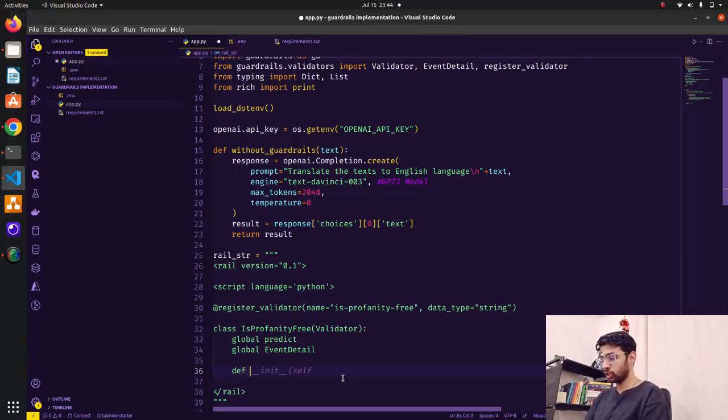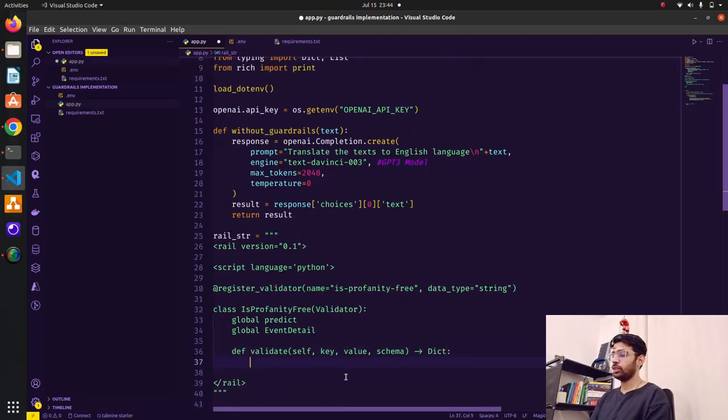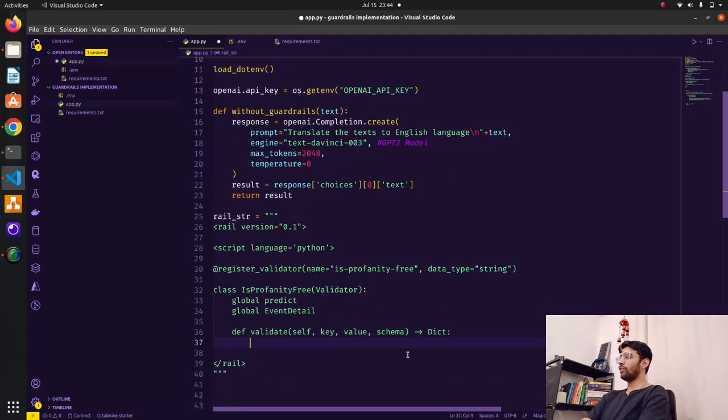Now let's write a function called validate, and I'm going to pass self here, and then key, value, and schema, which is a dict, a dictionary.